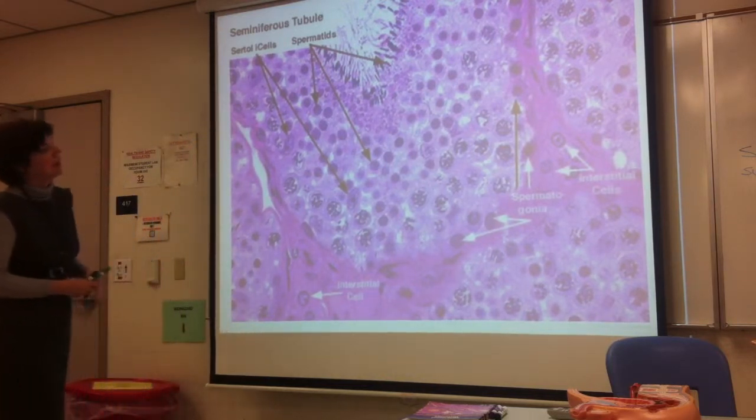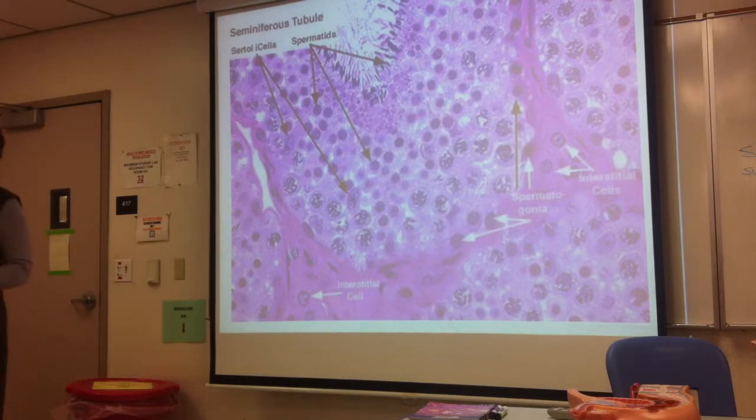How come it's not along the basal surface? These are the nuclei of the sustentacular cell, so they can be anywhere inside the cytoplasm of the cell. It's only the spermatogonia that are along the basal surface. Okay? Now, before we leave this view,